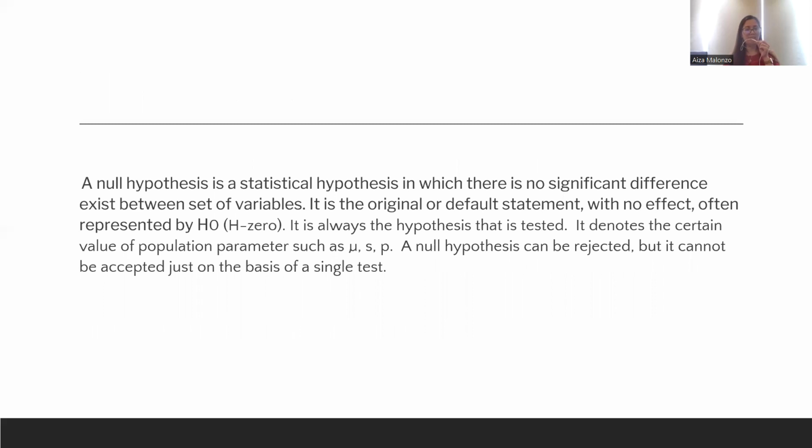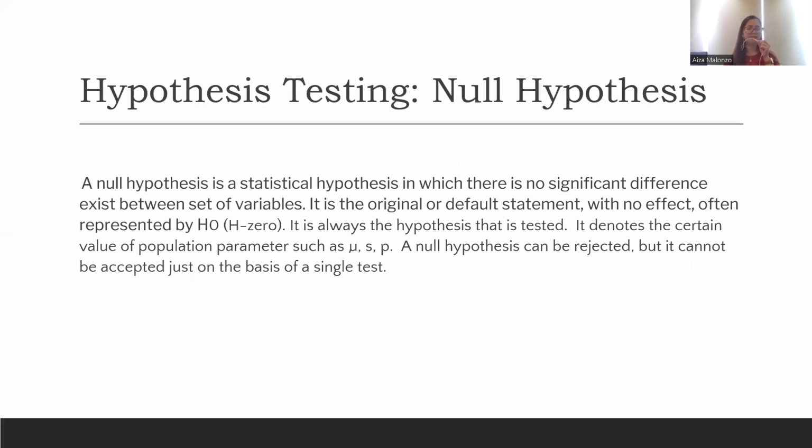So under hypothesis testing, there is what we call the null hypothesis and the alternative hypothesis. The null hypothesis is a statistical hypothesis in which no significant difference exists between sets of variables. So the independent variable does not affect the dependent variable. It is represented by H0. And a null hypothesis can be rejected, but it cannot be accepted